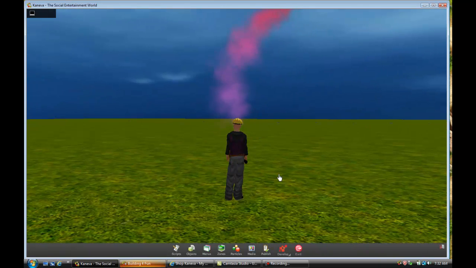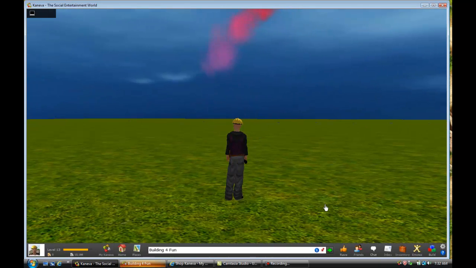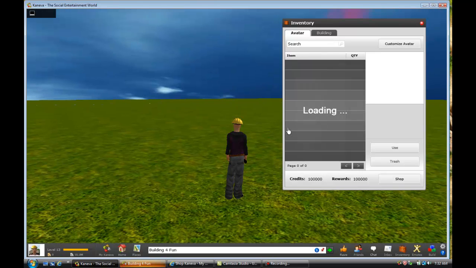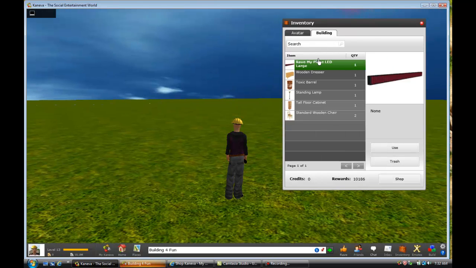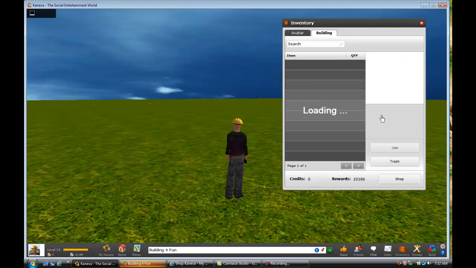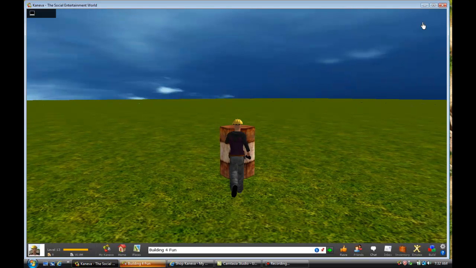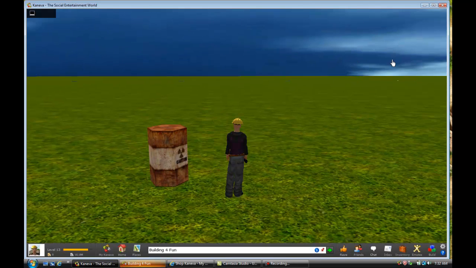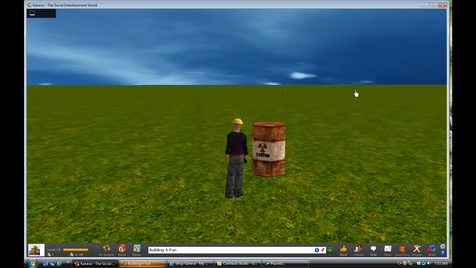To use your particle, let's go ahead and drop an item. Let's use a toxic barrel here. Alright, after you drop your toxic barrel,